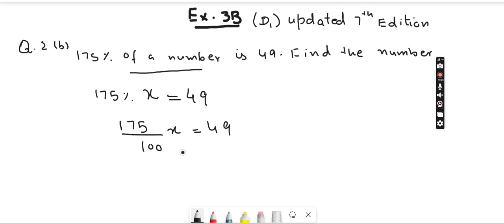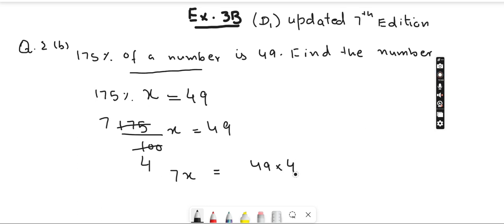This is equal to 49, and you can even simply reduce it with the table of 25. 25 5 times 125, 6 times 150, and 7 times 175. And from here